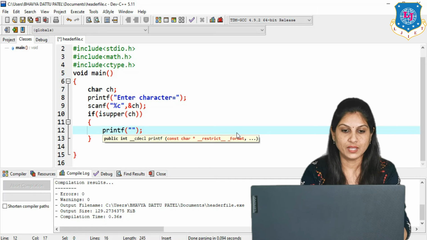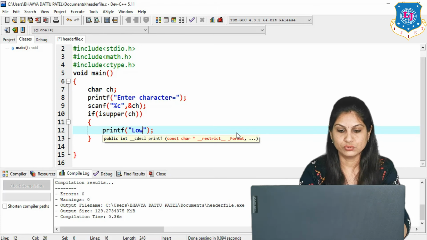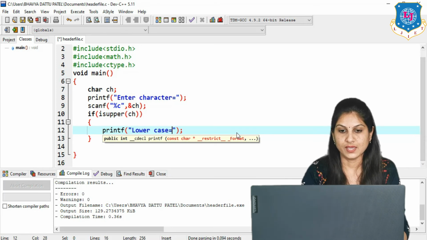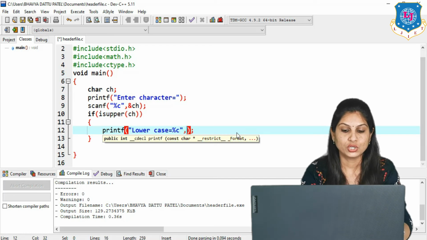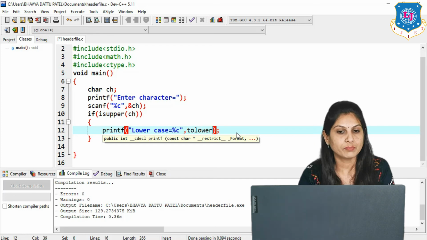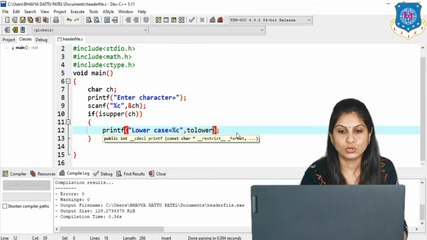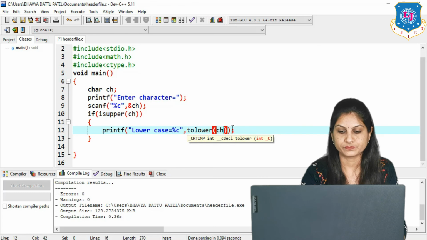So in printf we write lowercase equal to %c, and what we need here is the function tolower, because right now my character is in uppercase, so we have to convert it into lower. So the tolower function is used here to convert.